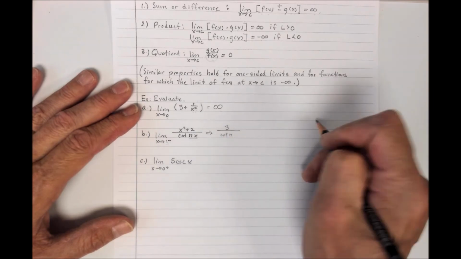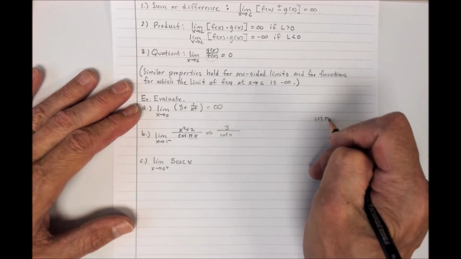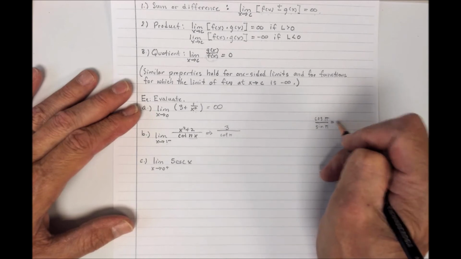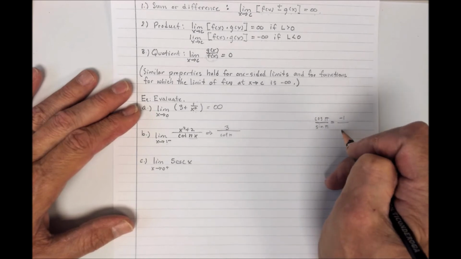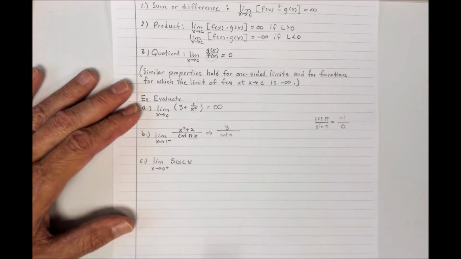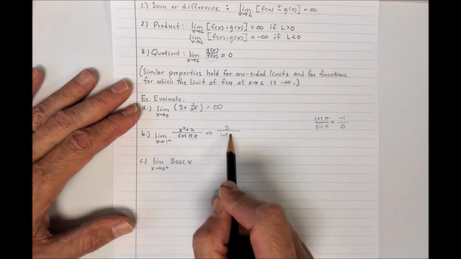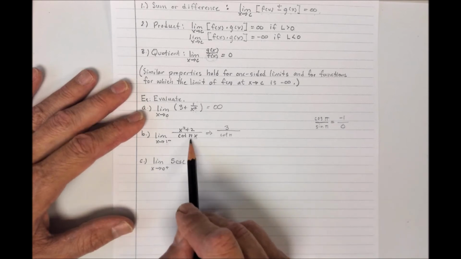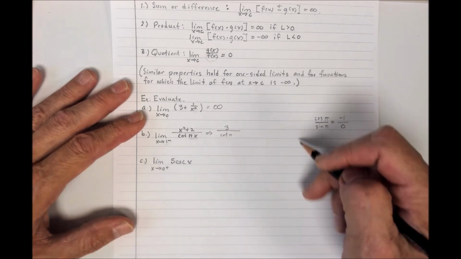Now the cotangent of pi is the cosine of pi over the sine of pi. The cosine of pi is -1. The sine of pi is 0. So you say, well, wait a minute, what does this mean? Well, this means that my denominator is getting really, really, really big. But is it getting big positive or is it getting big negative? Well, if I'm approaching pi from the left side and I'm plugging in numbers from the left side, this is getting really, really big. The graph,